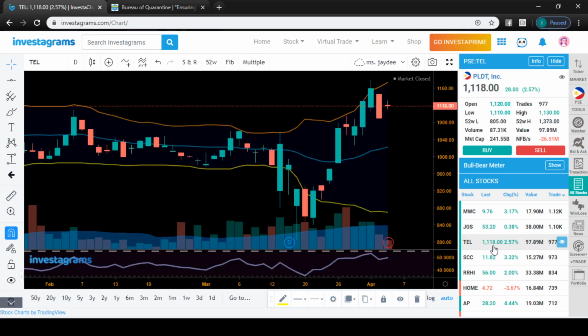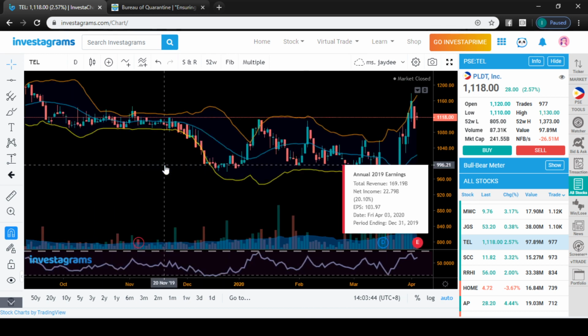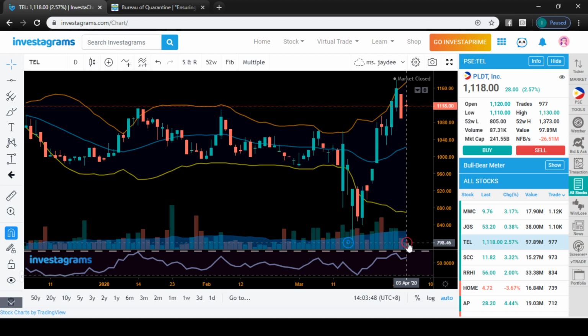TEL is 2 consecutive days as well, giving signs of weakness. But the annual earnings is good. It's just that the market sentiment really is not cooperating given the situation right now. So it might retrace and go back in this range, 1046,